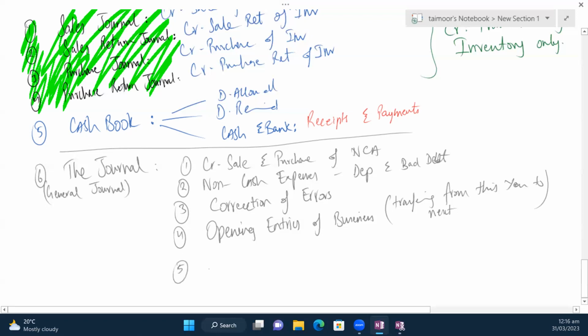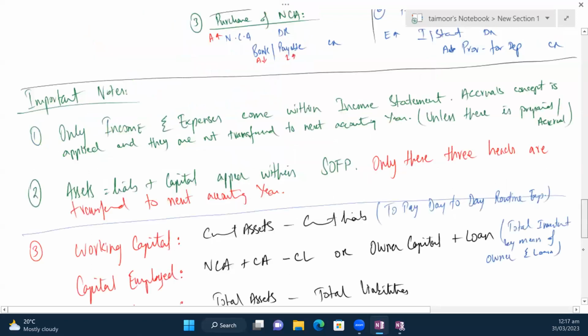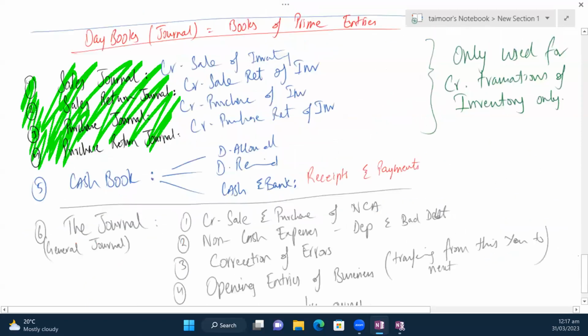And number 5, stock drawings by owner. If the owner is taking goods for personal use, that also gets recorded in the journal. Okay. So 5 things come in the journal. So that's all for the day books. This is how things are recorded in day books. And after this, the last thing for today we are looking at is